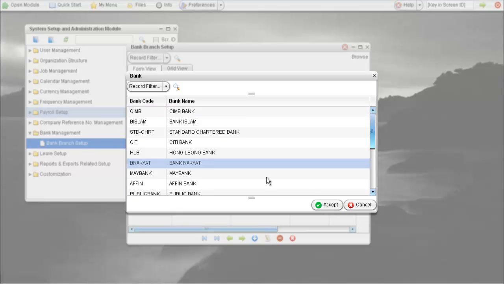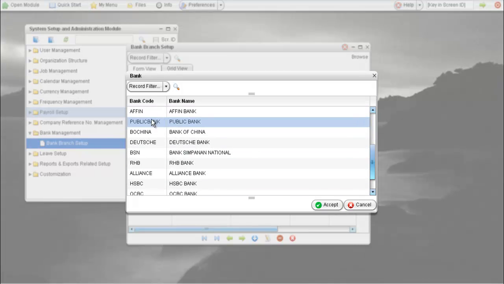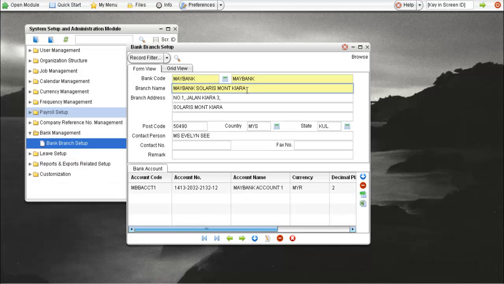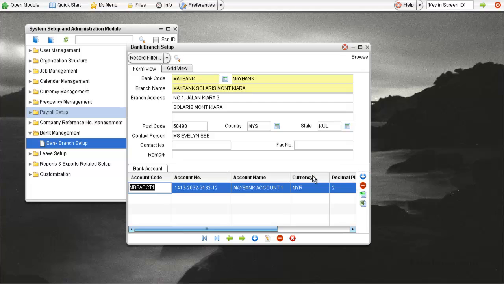You pick the one that is related to you, and then you click accept. Specify the branch name, the address, and so forth, the postal code if you want to, and then next we have to create the